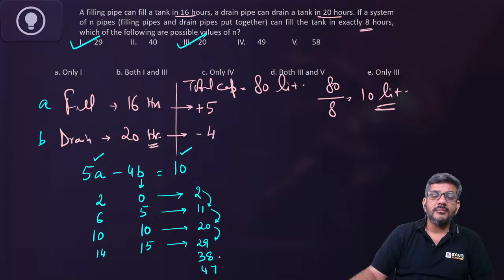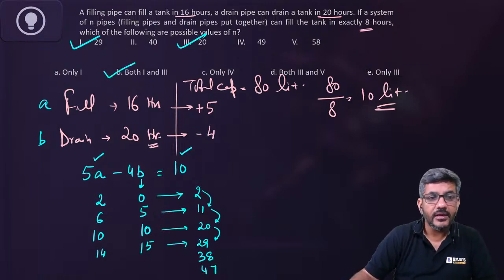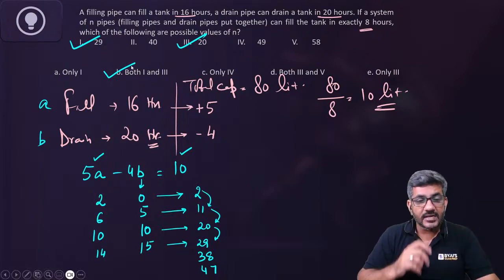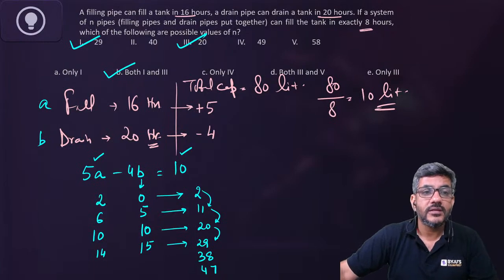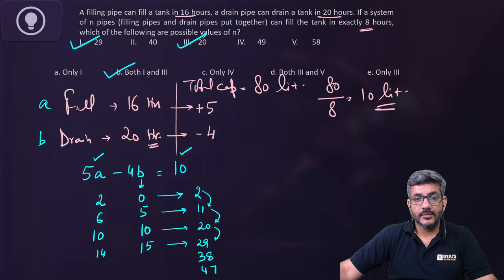No. तो इसका मतलब ये दो ही बनते हैं फिर. ठीक है, 1 and 3 they are given in option B. So both 1 and 3 are possible. So the correct answer for this question is actually option B. Both 1 and 3 are possible.